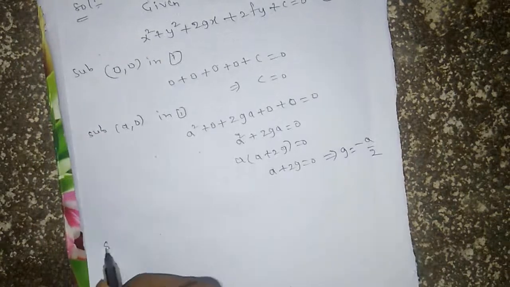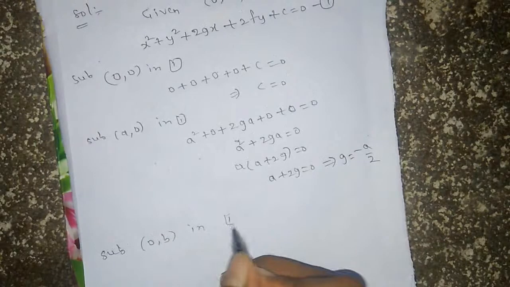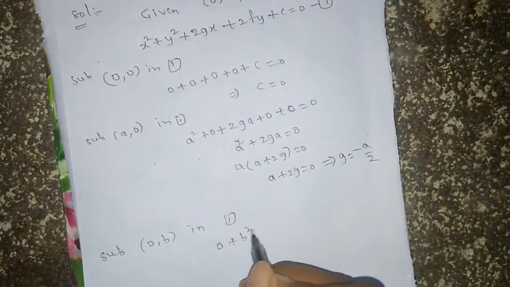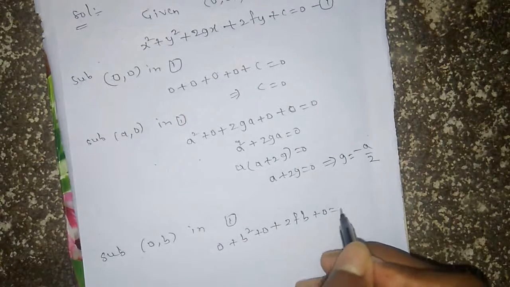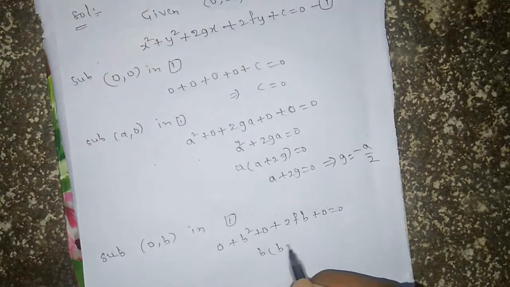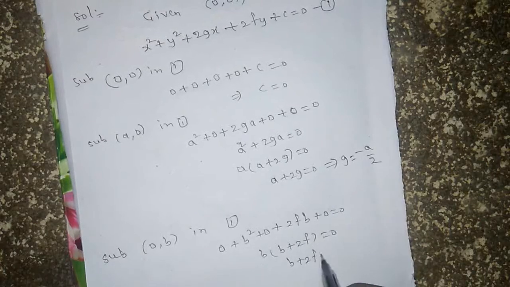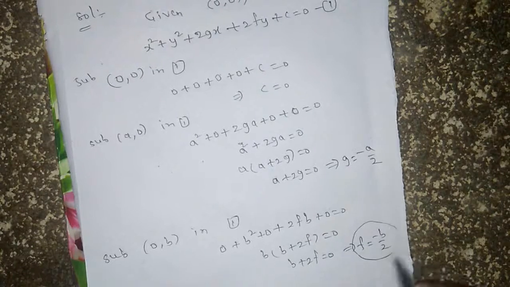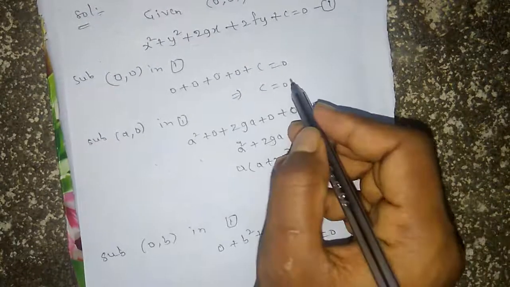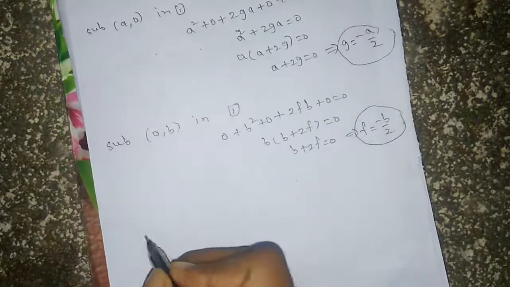Similarly, substitute the point 0, b in equation 1. 0 plus b square plus 0 plus 2fb plus 0 is equal to 0. Here take b common, b plus 2f is equal to 0 implies f is equal to minus b by 2. Here f value is there, g value is there, c value is there. Substitute in equation 1. You will get the equation of circle is